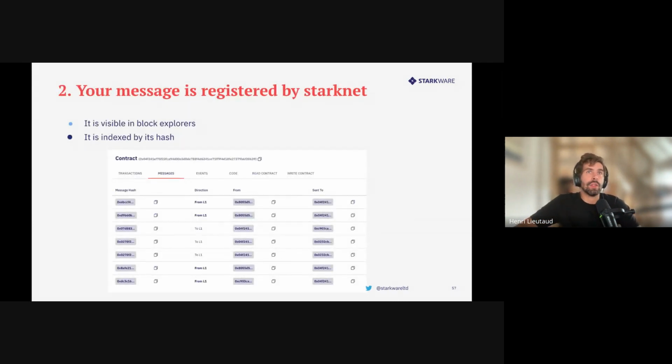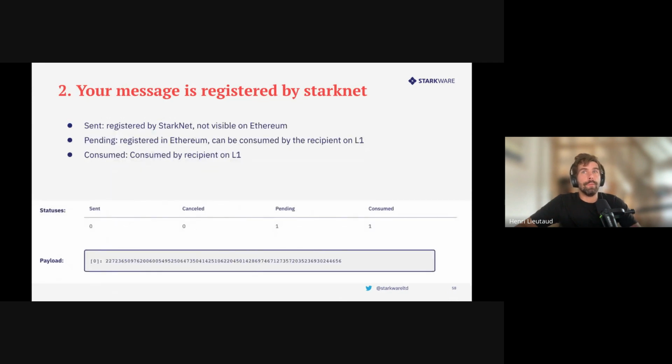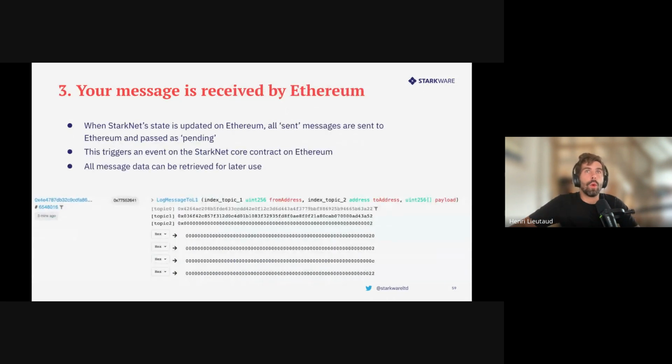Then that message is registered by Starknet. It is indexed, and for a while, it is pending, meaning that it is waiting for the next proof to go to Ethereum. Now, once a proof is generated with the block your message is in,